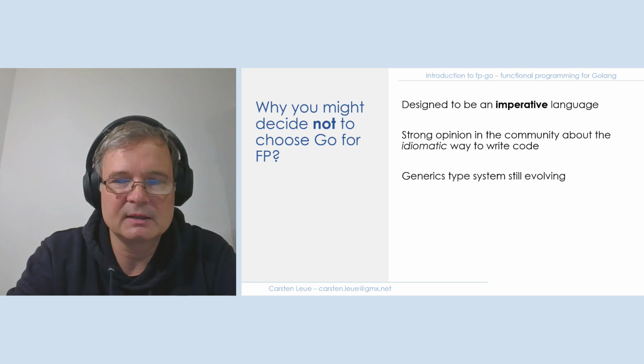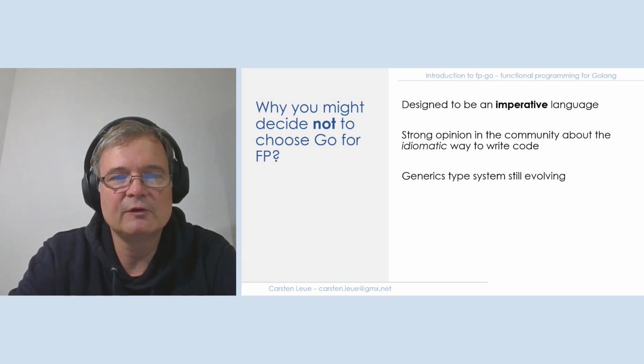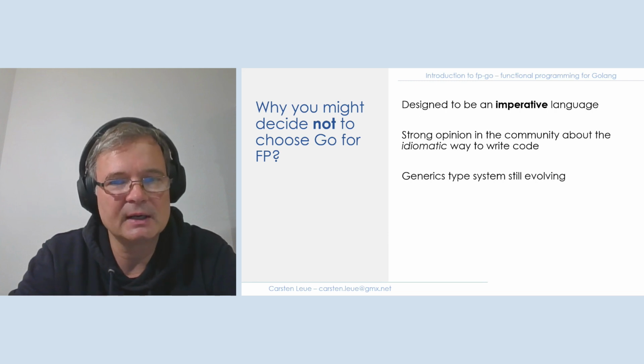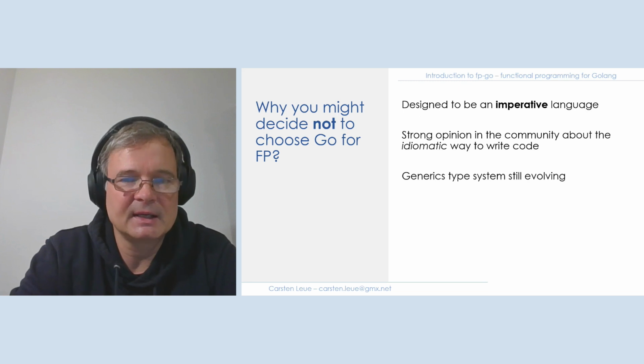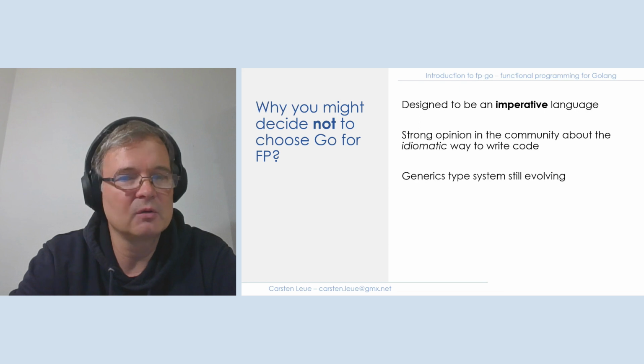So if you integrate maybe into an existing Go project with code reviews that enforce idiomatic Go style, then maybe this library is not for you in this case, because at some places, and I will discuss in which ones, it does not follow the idiomatic Go style, but it implements a functional style for reasons I think make sense, but which are not meant to be implemented that way by the Go designers, Golang designers.